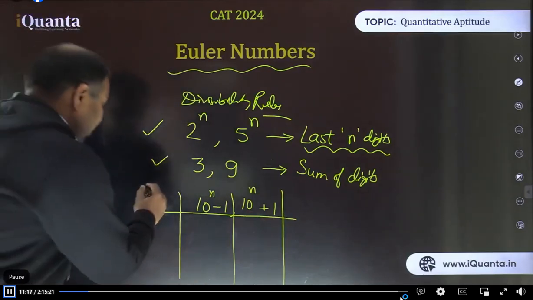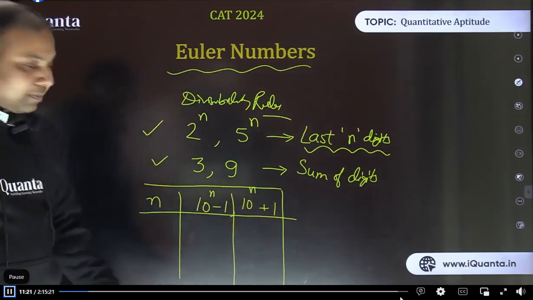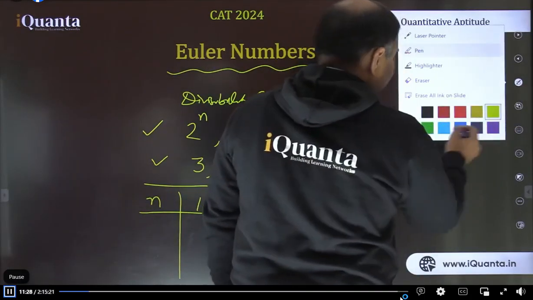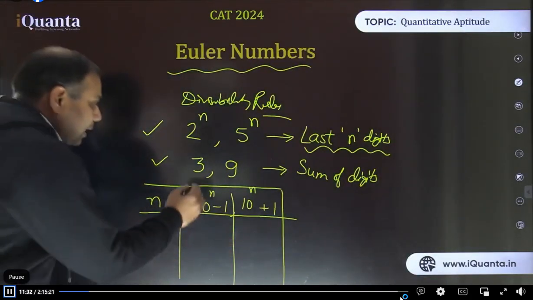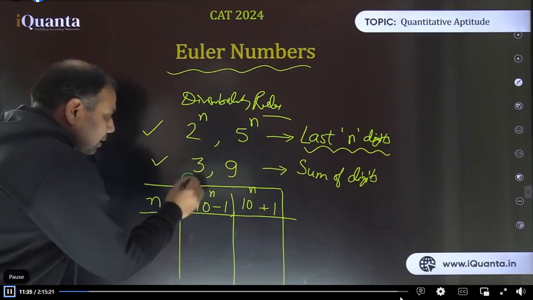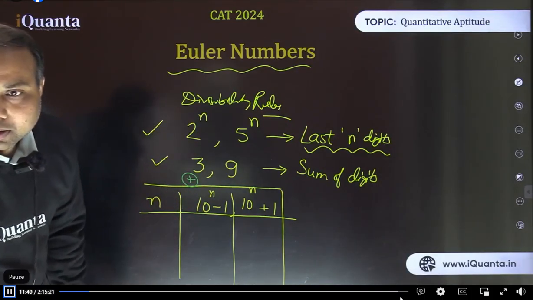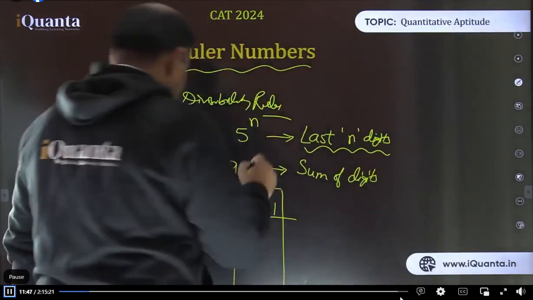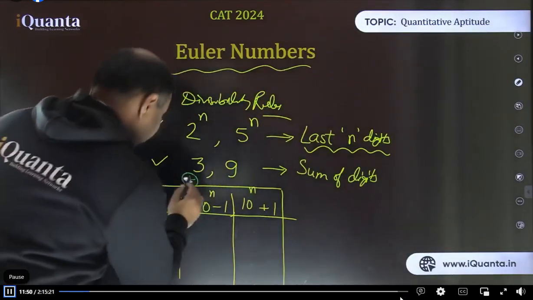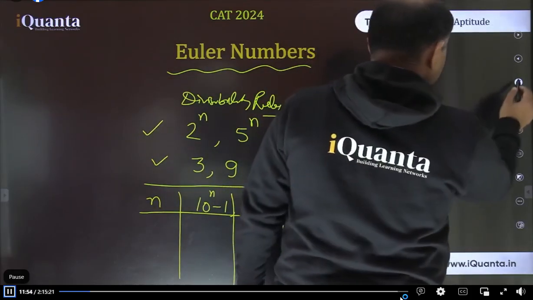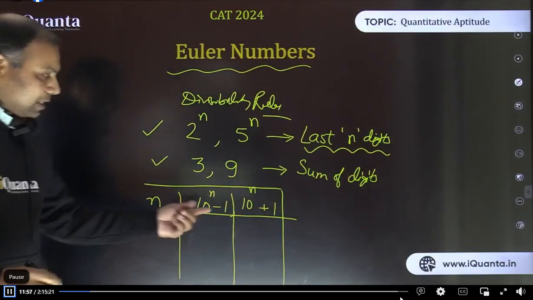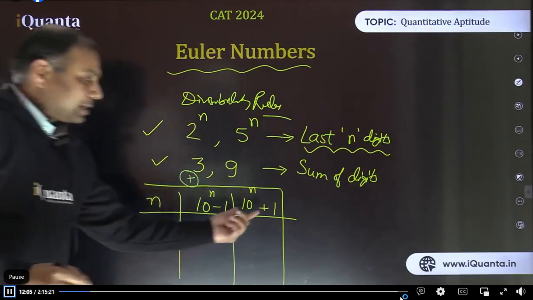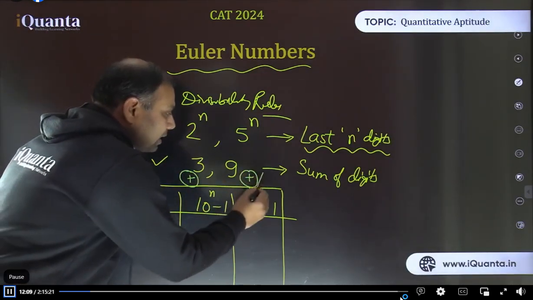Rule is common for both of these types of divisors. For all divisors of 10 power n minus 1, whatever divisors are in this form, whatever groups we form are to be added. Is this color visible? Let me change the color to light green. Whatever divisors are of this form, 10 power n minus 1, the terms are to be added. And in the other case, the terms are to be alternately positive and negative.